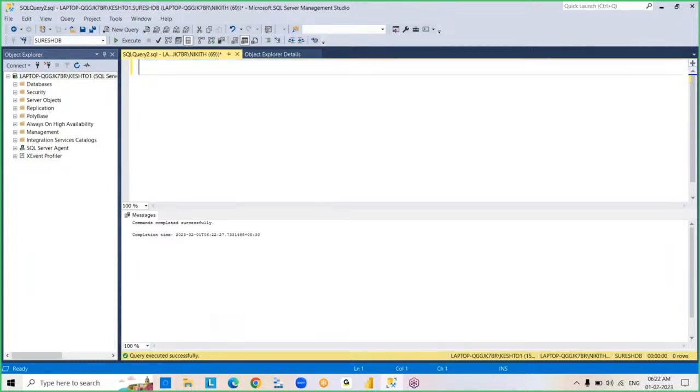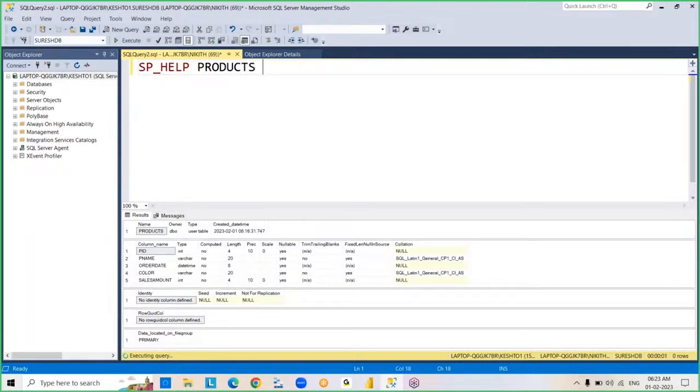If you have any doubts, sp_help products. See this, there is no category column existing in the table. Okay, now